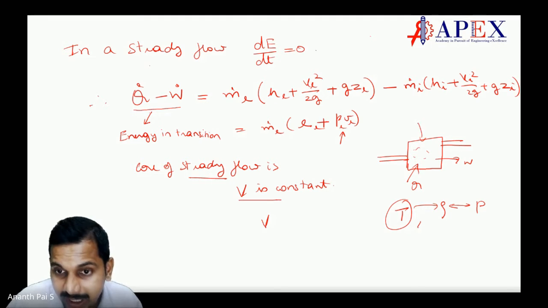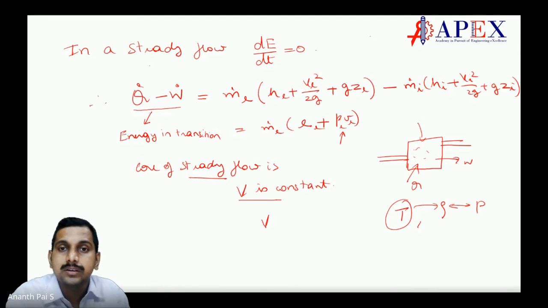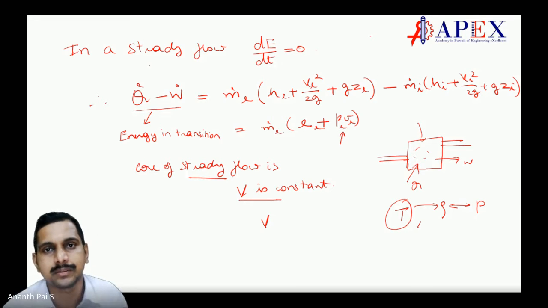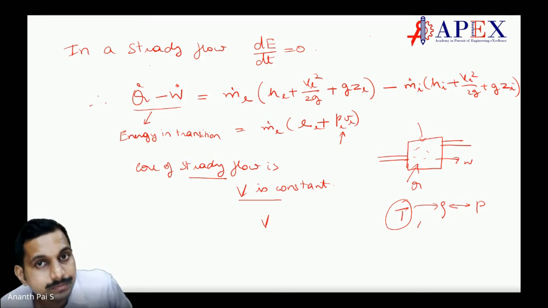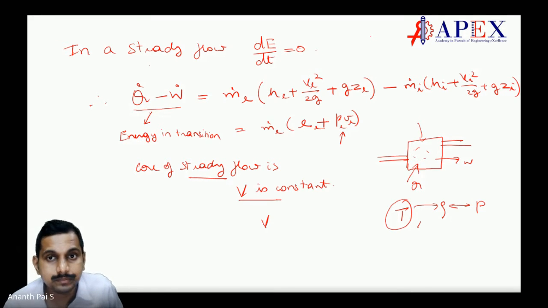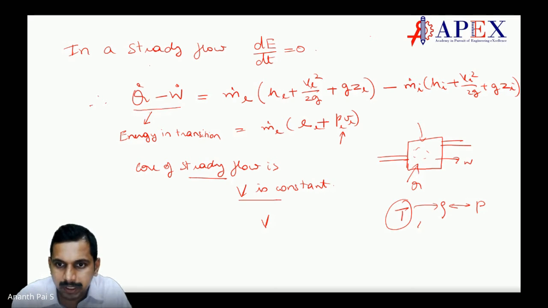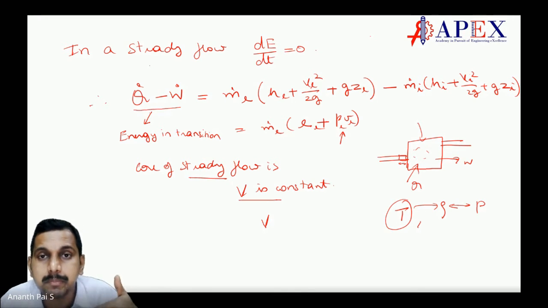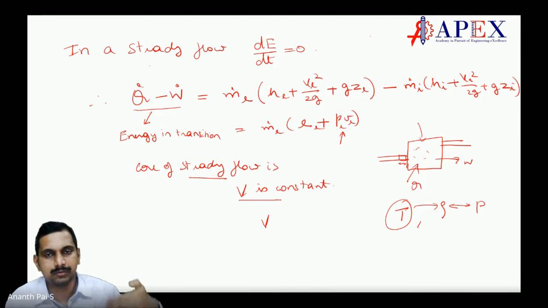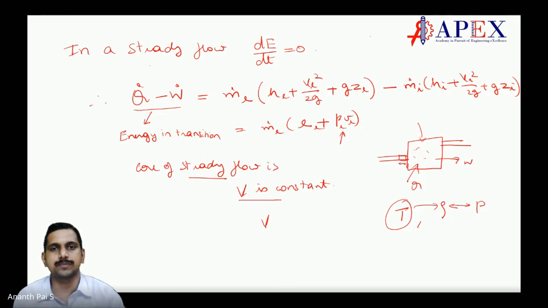This is the work required to move the mass from one place to the other. These are not like that. These are not to move the mass. Am I making sense here? I'll repeat again. What is this PE into VE? That is the flow work. That is the energy required to move this particular mass. Is it not? That is the energy required for motion of the mass. Correct? Flow work, the work done while the fluid flows. This is the stored energy in the fluid.